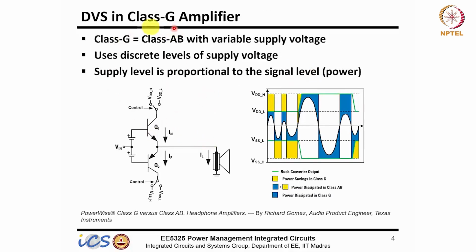So one example of DVS is the Class G amplifier. You would have heard of Class D amplifier. There is a Class H also, will come to that. And you would have heard of Class AB. In the Class AB, just like an LDO, you have a dropout voltage. Whatever the dropout voltage, that will be a loss in your circuit. That dropout voltage means whatever the overdrive you are using across these transistors, it could be MOSFET also. Here it's a bipolar. So that is lost.